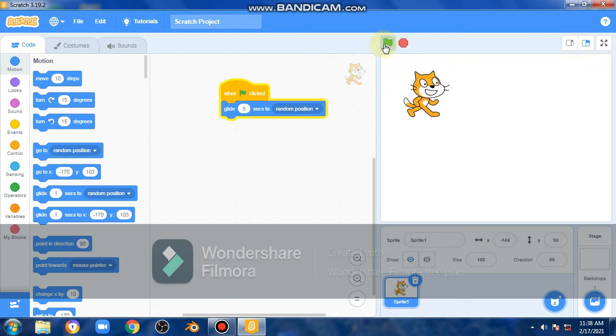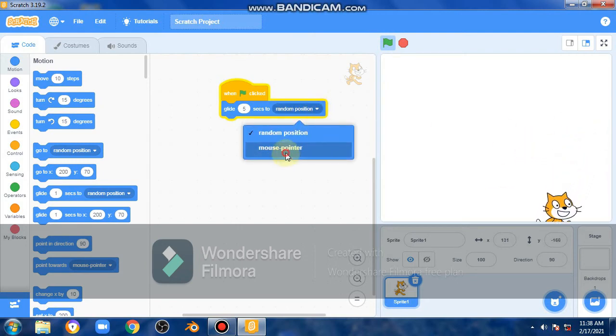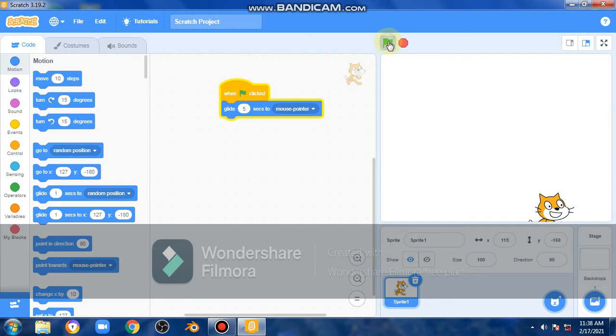Now you can see it is a random position. That's why it is moving slowly over the random position. See, glide, it is somewhat flying. It is somewhat a type of flying. If I put the mouse pointer, then it suddenly comes here.